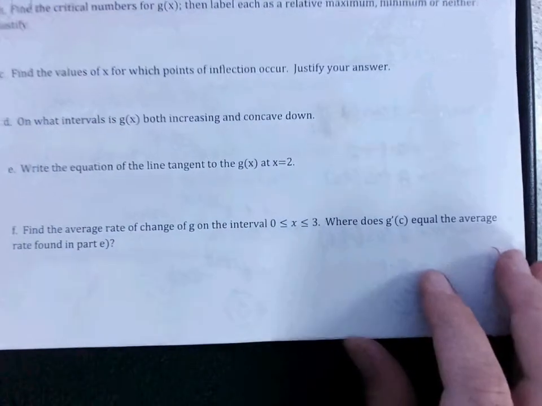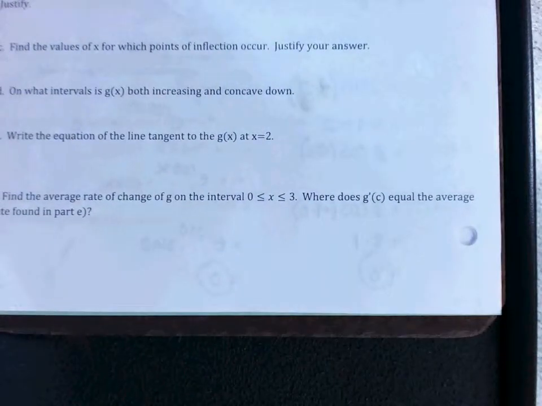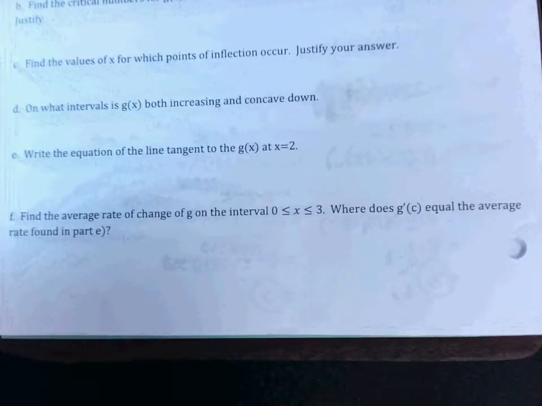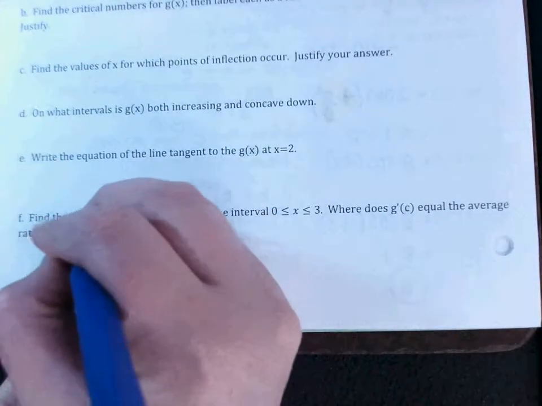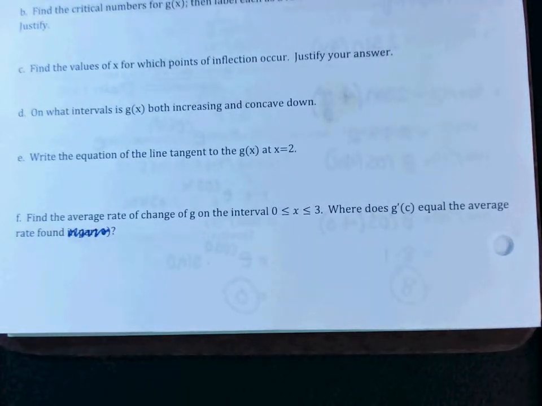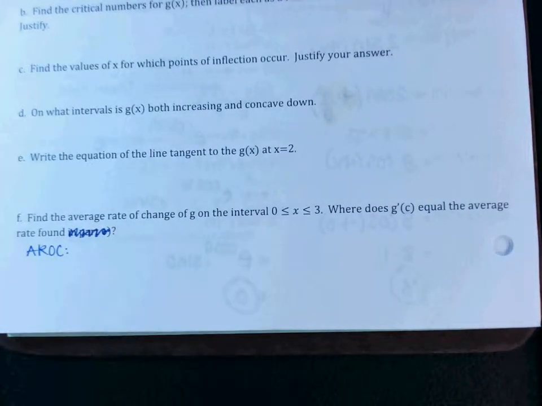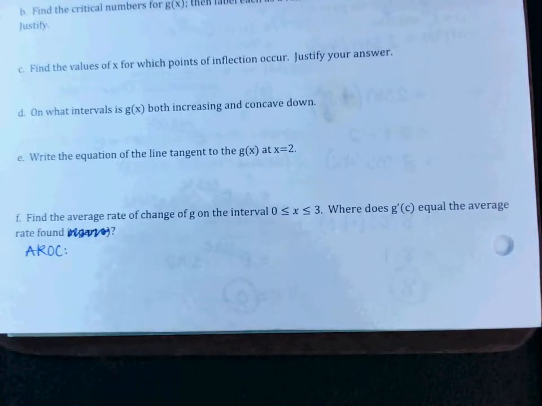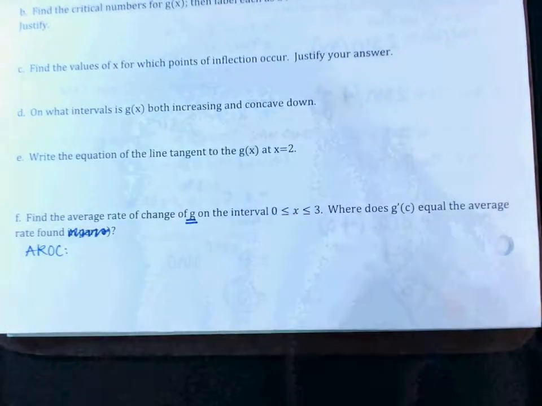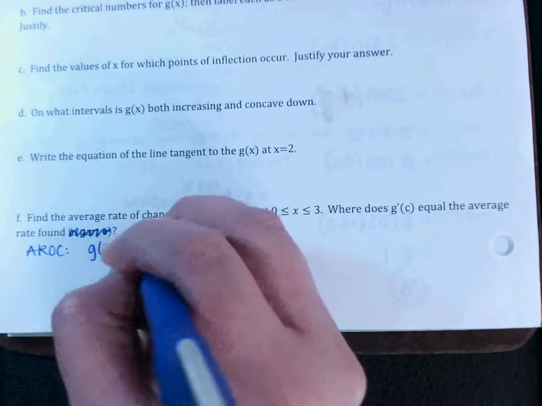Part F says to find the average rate of change of G on the interval from 0 to 3. Then it says, where does G prime equal the average rate of change? Okay, you can cross this out. We're finding where that happens. So from 0 to 3, I want the average rate of change, the AROC. Remember that AROC is usually f of b minus f of a over b minus a. However, I want the average rate of change of G, so that would be G of 3 minus G of 0